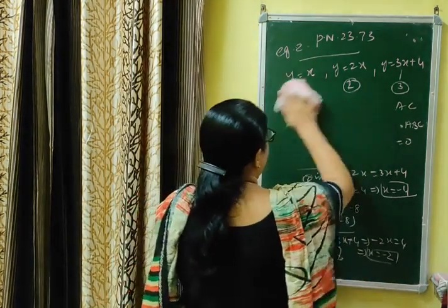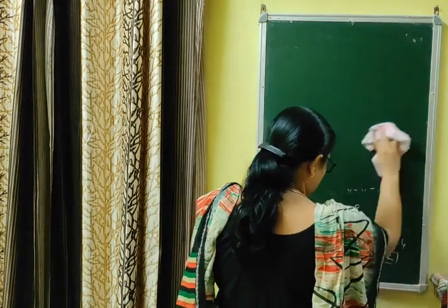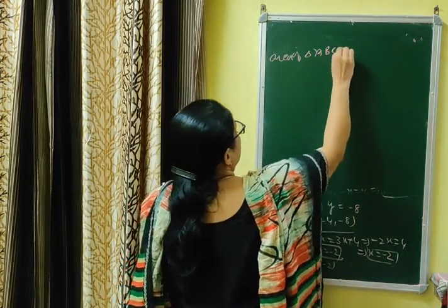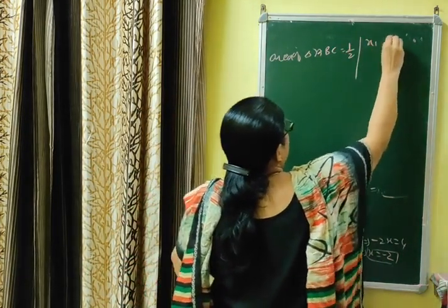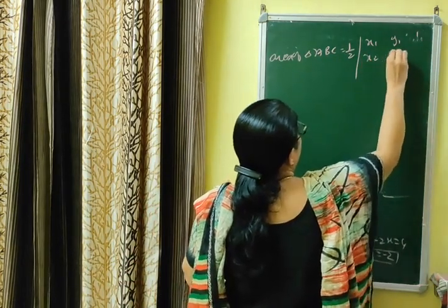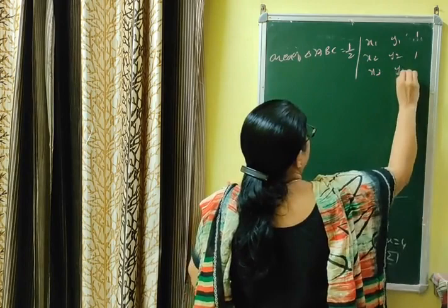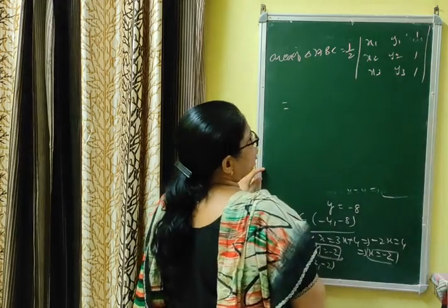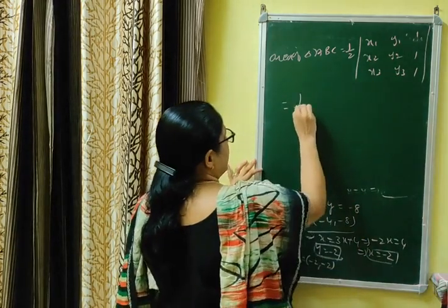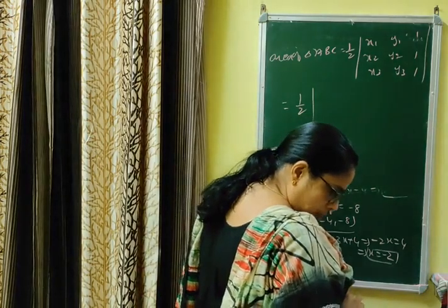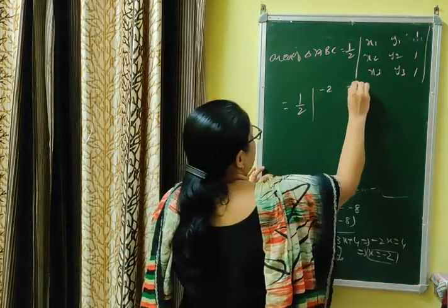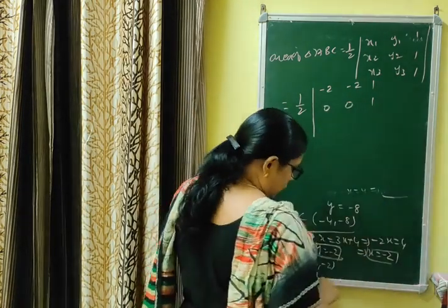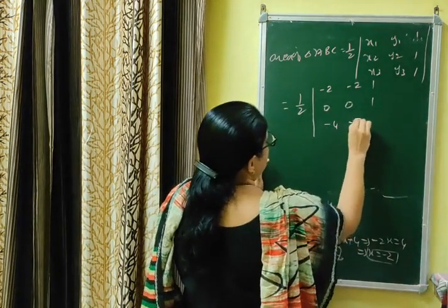Now you can use the formula half into modulus x1 into y2 minus y3. That is, area of triangle ABC is equal to half into modulus of the determinant x1 y1 1, x2 y2 1, x3 y3 1. x1 y1 is what you have got. ऊपर 0 0 लेंगे तो आपको उसको सॉल्व करने में दिक्कत आएगी. तो हम फर्स्ट कोऑर्डिनेट ये लेते हैं minus 2 minus 2 1. You can take 0 also, then it will be a little bit complicated. 0 0 1. Third vertex is minus 4 minus 8 1.